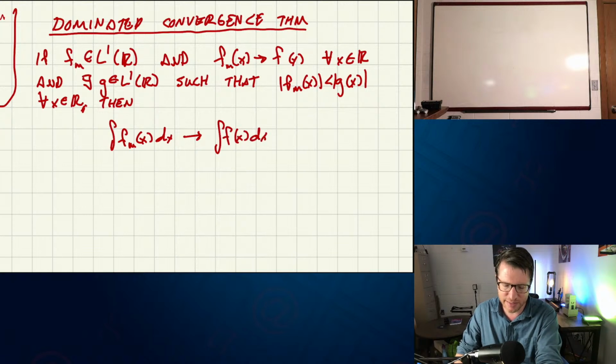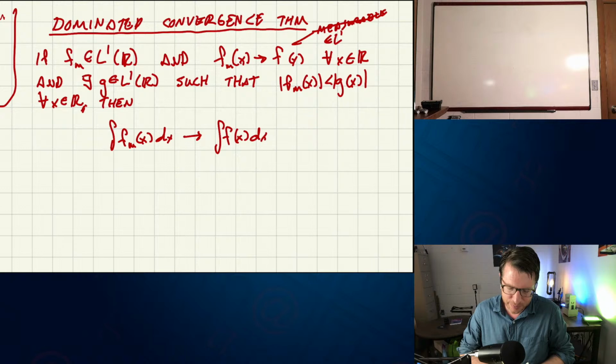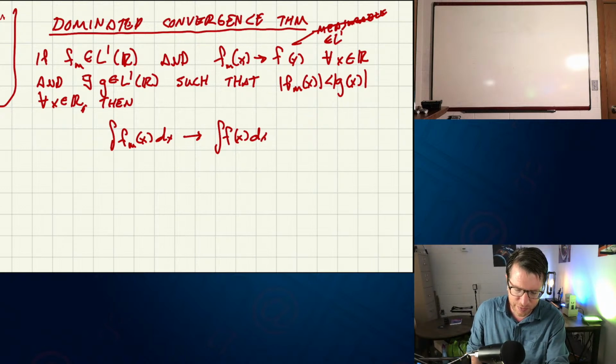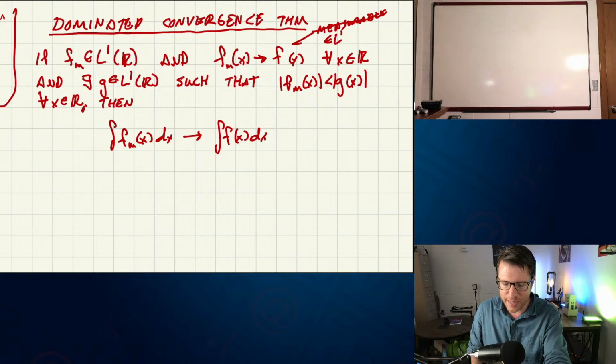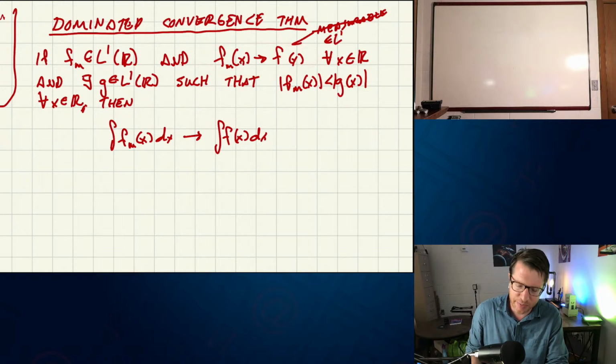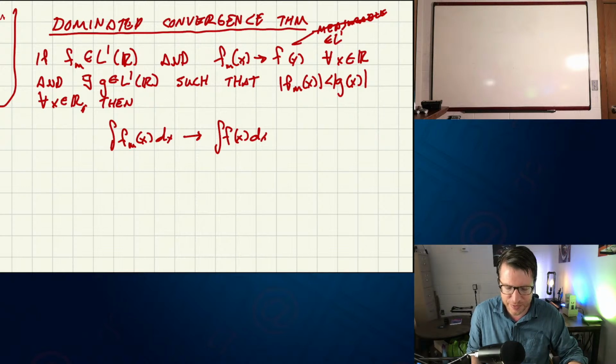And I think we need f to be measurable. But really, all of our examples are going to be in L1, which includes measurability. So basically what we need is, first, a collection of functions that are going to be in L1, and that's pretty natural for what we're going to be working with. And we need them to converge pointwise to some other function that is measurable for dominated convergence, but we're going to have something stronger than that: an L1 function we're converging to, so that's fine.